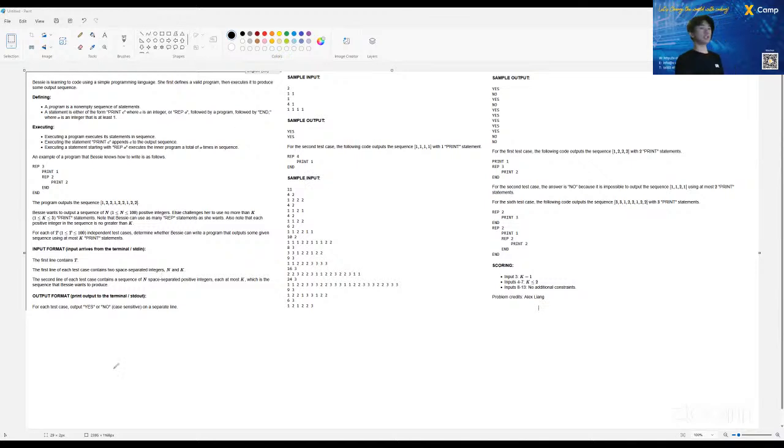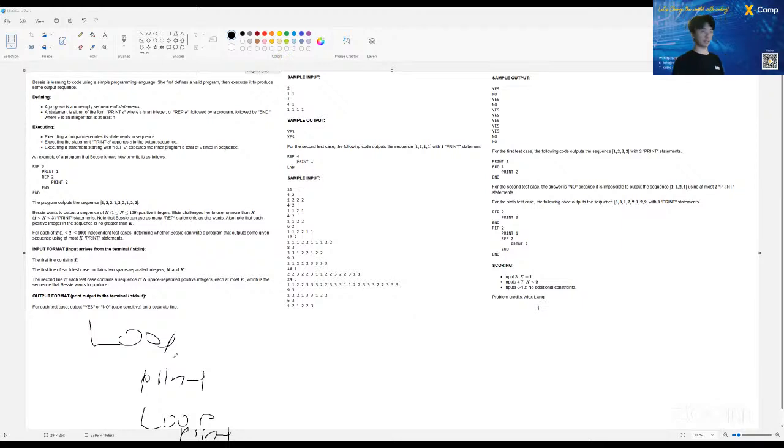So in general terms, what the problem is asking is that we have these operations. It's kind of like coding. We have a loop, and we can choose to loop over something. We can choose to print, and everything within a loop gets repeated. So we can do loop, print, then loop, and then another print within it. And then each time we need to see if an array is possible to be made using only a certain